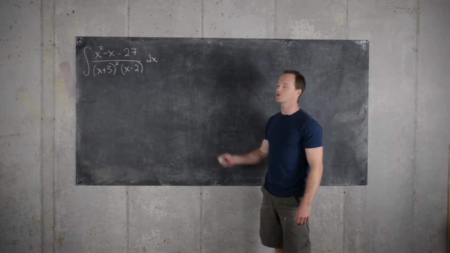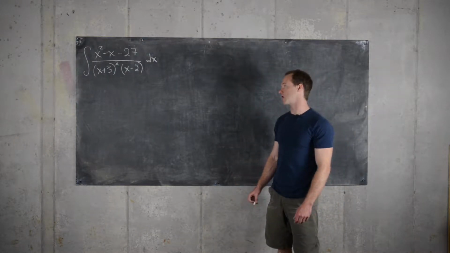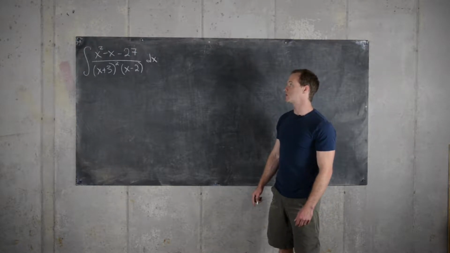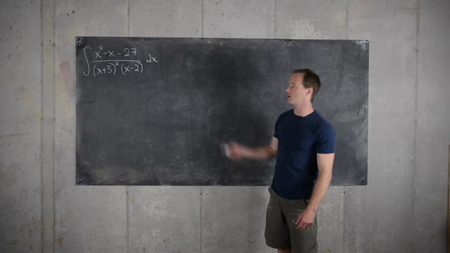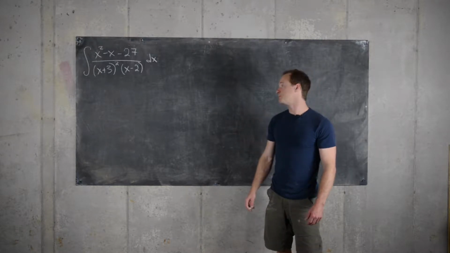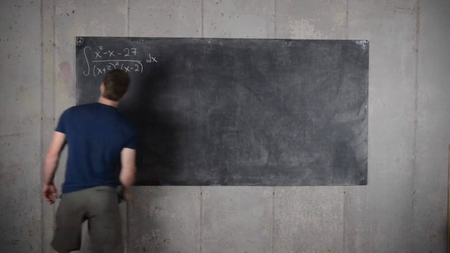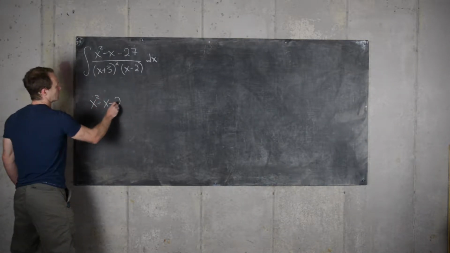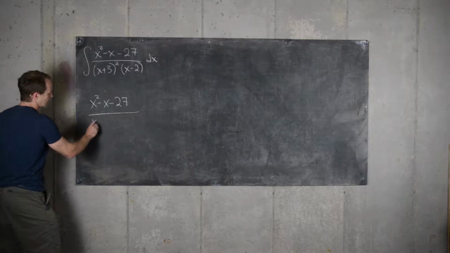Okay, so here's an integral that's best suited for using partial fraction decomposition as the technique for solving it. So let's see what we've got. We've got a rational function which is somewhat complicated. I've factored the denominator. So let's recall that as we decompose the denominator, which we'll jump right into,